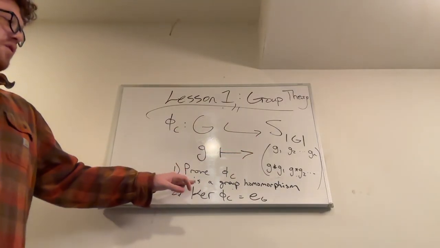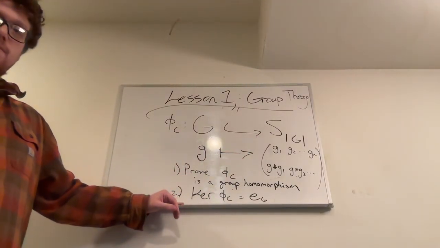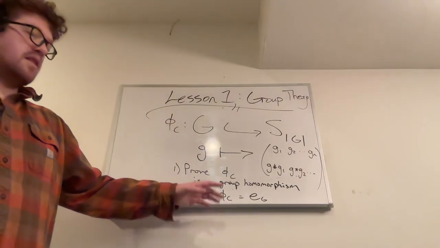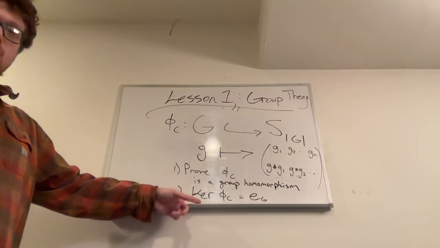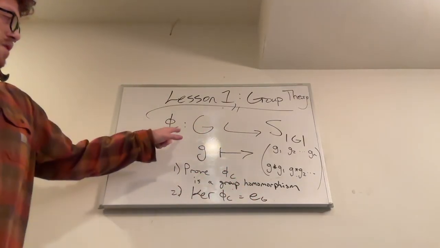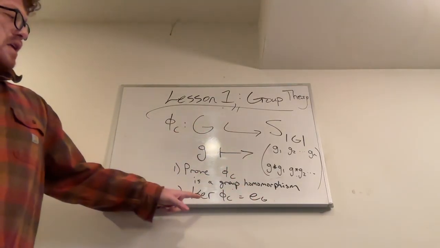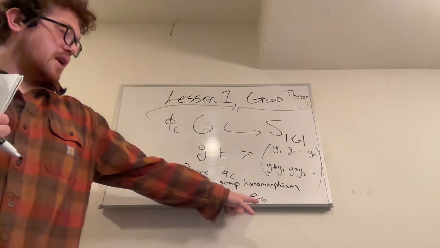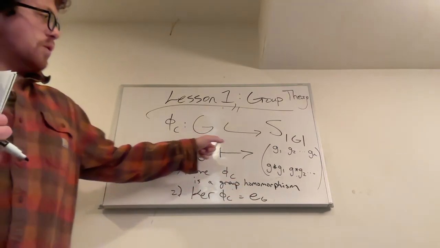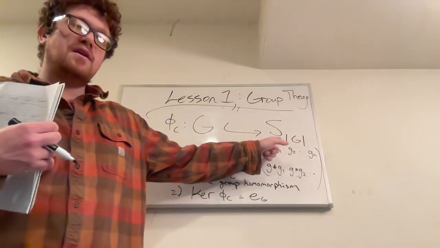You prove that it's a group homomorphism, and then you can show that the kernel, meaning everything that maps to the identity in the output, is only the identity in G, meaning that the identity in here is the only thing that maps to the identity here, and therefore,